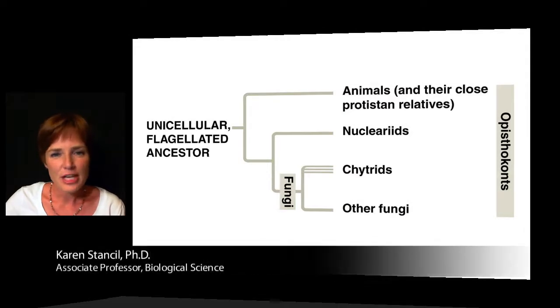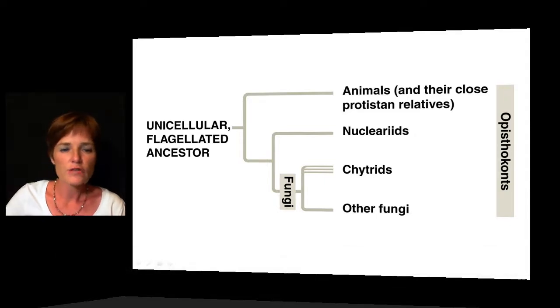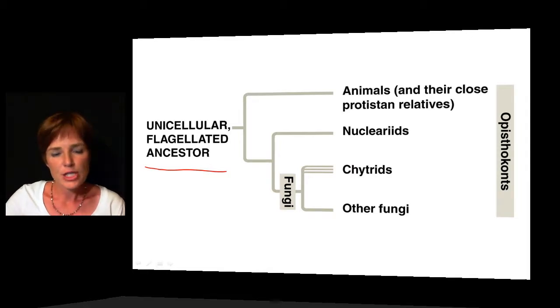Here we have a phylogenetic tree of the opisthokonts. The opisthokonts include the animals, fungi, and various groups of protists. Now, all of these groups are thought to have evolved from a single unicellular flagellated ancestor. Once they diverged from each other, the animals and the fungi groups are thought to have separately evolved multicellular structures